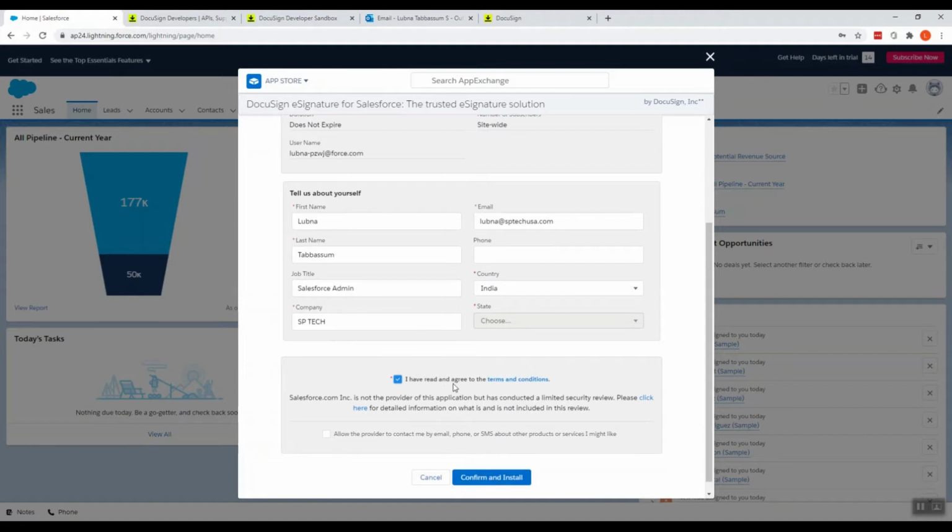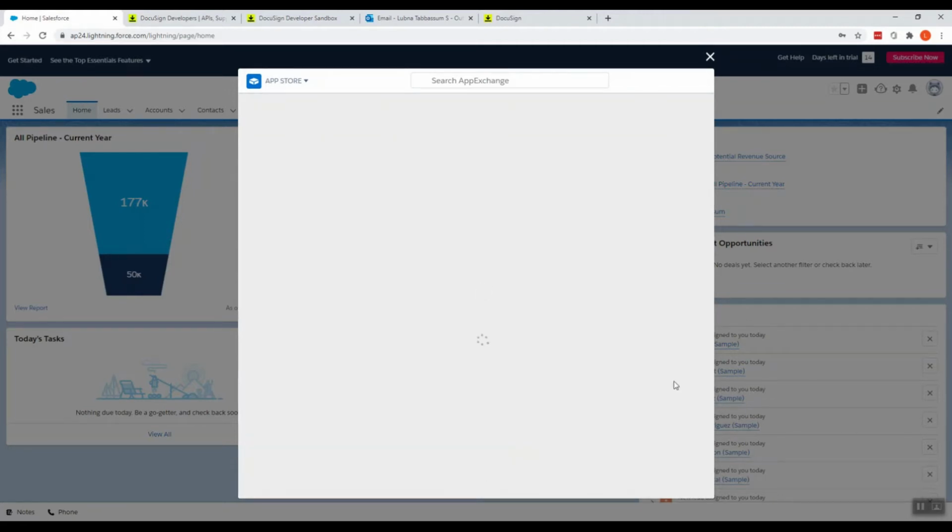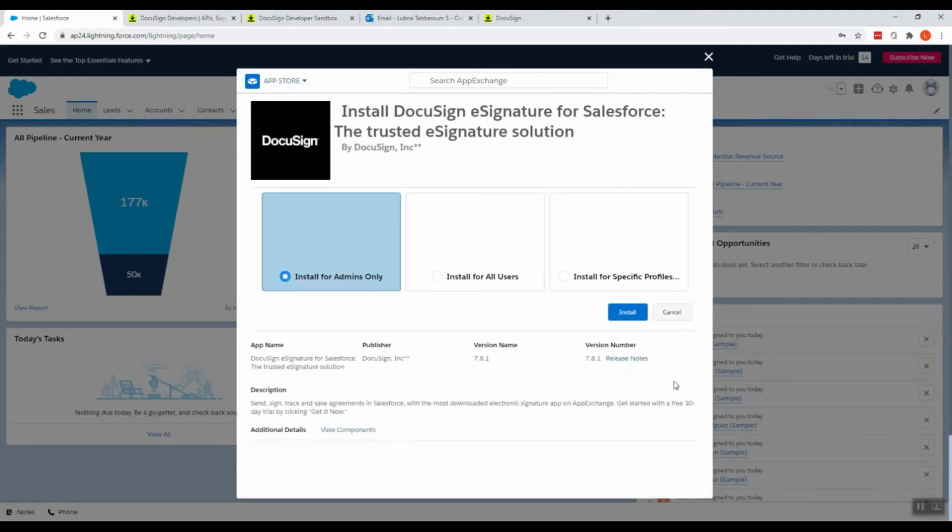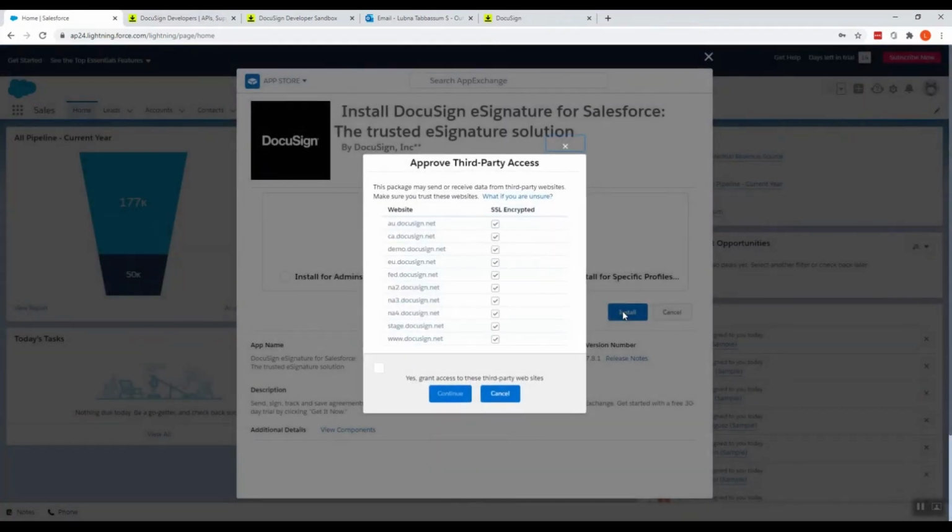Just check I have read and agree to the terms and conditions and click confirm and install. This app may need to be uninstalled and reinstalled for all users later if you select admins only or a specific profile option when installing the app. Hence I am selecting install for all users and clicking install. Here are the approved third-party apps. Let me give them access.